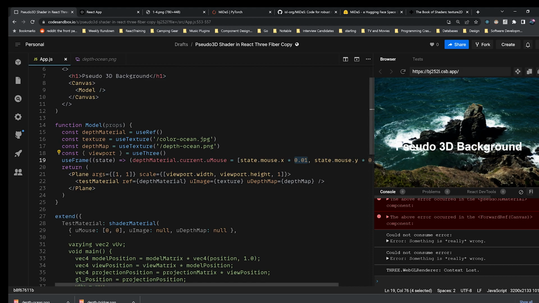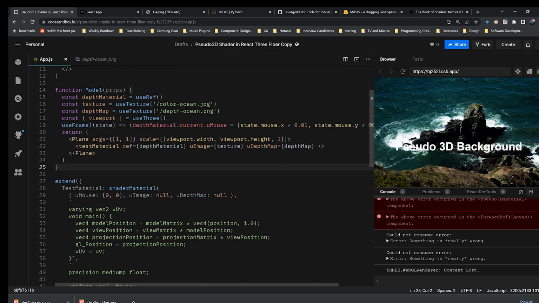If you want a crazy glitchy effect, feel free to just leave it as 1 and you can make a weird, almost data mosh effect on the image. Nothing wrong with that. But the important thing is that this is changing the uniform on each frame. Okay. So now that we know that we're passing in the 2 textures and the mouse value, what do we